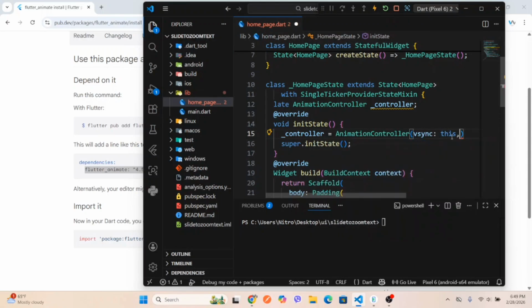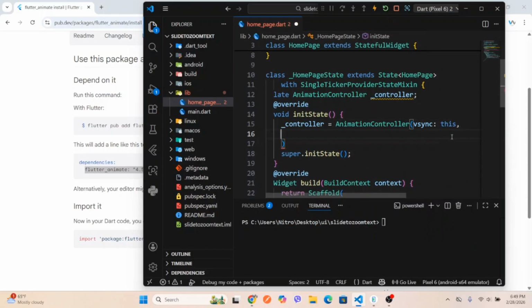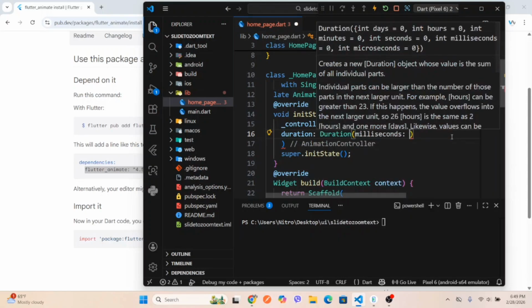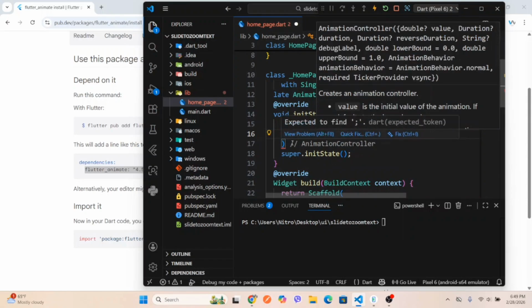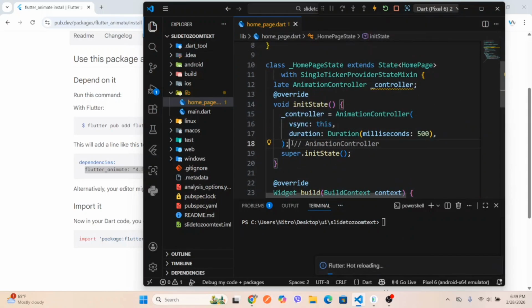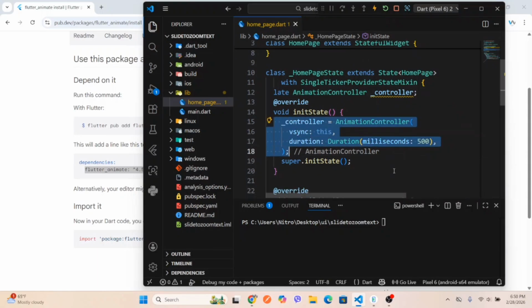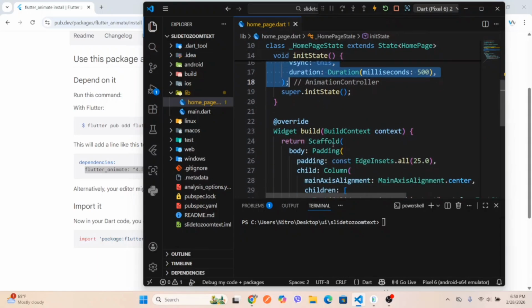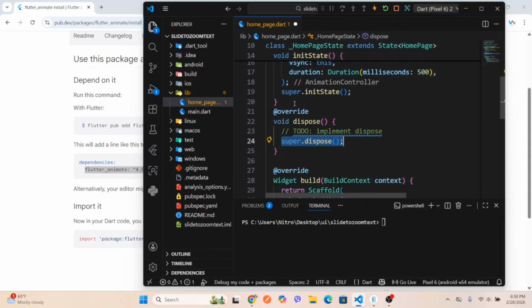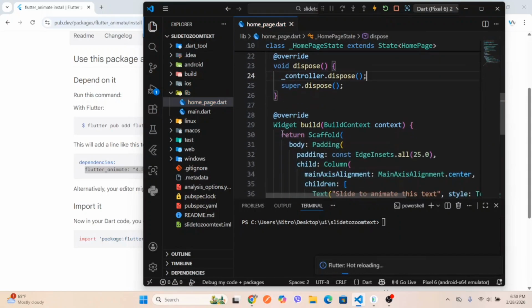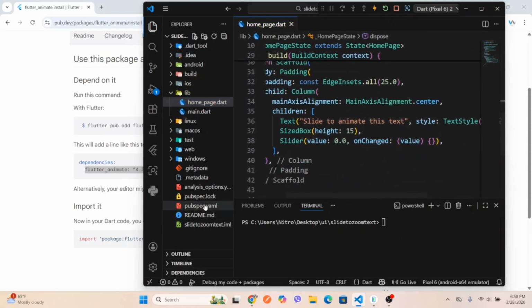give the vsync this, and give the duration of the animation. I'm going to give milliseconds 500. Okay, this late means you have to initialize it after. Okay, now dispose this controller here, dot dispose. Okay, now we have